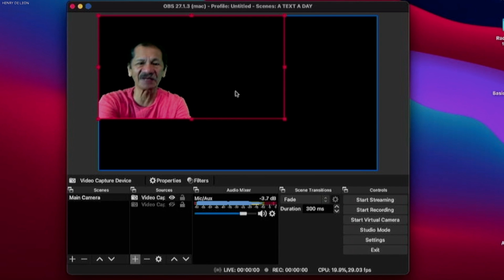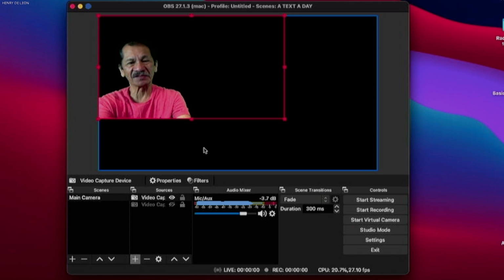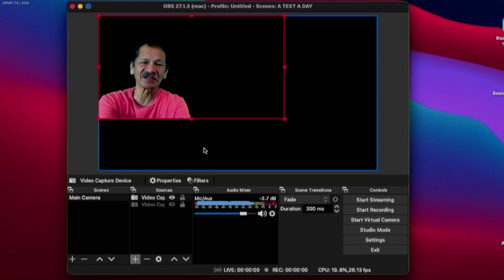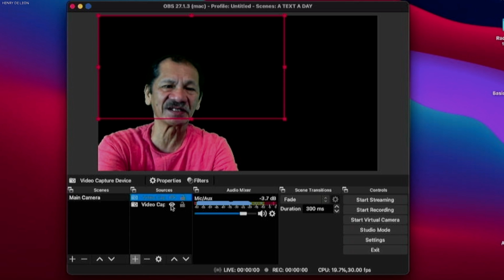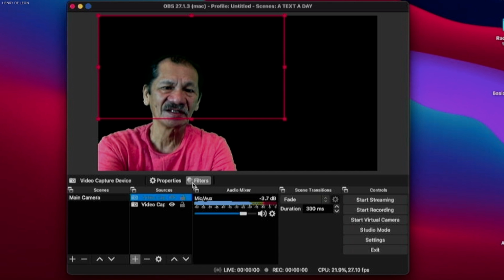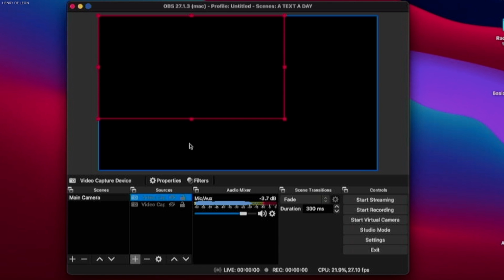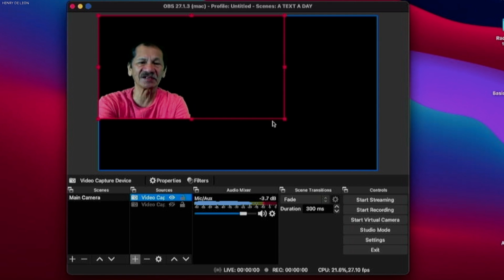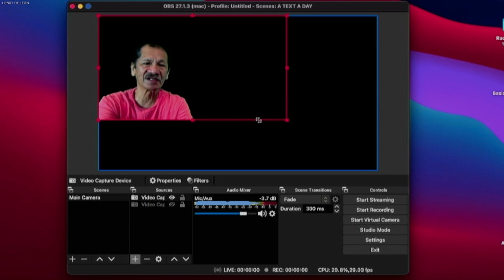Now the camera will show, of course, if you are in front of your camera. So anyway, that's what I already have. This is the camera that I did. It will be the same. But the good thing with this one is, let's go back to the one that we just opened. You can resize it